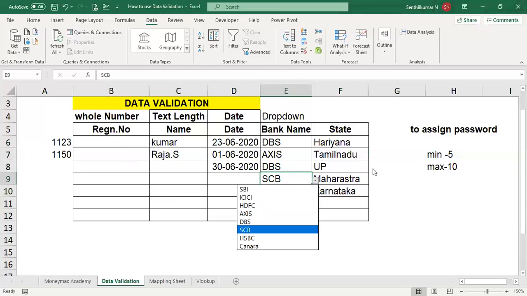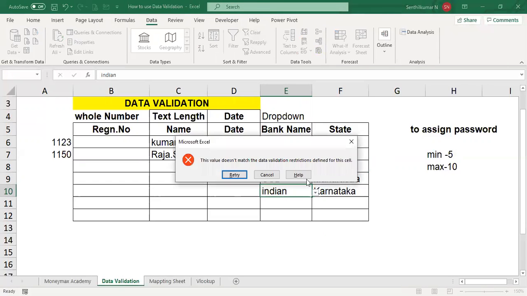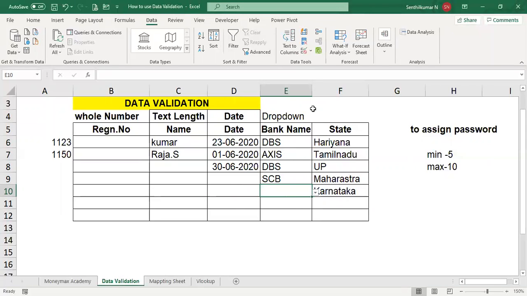Suppose I am typing Canara Bank, Indian Bank, the error will come. If you want to customize the error also, the message says the value does not match the data validation restriction defined for this cell. So if you want to customize the error, you can go to the data validation.